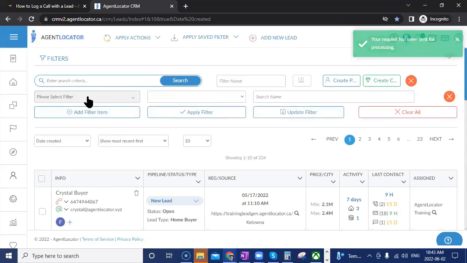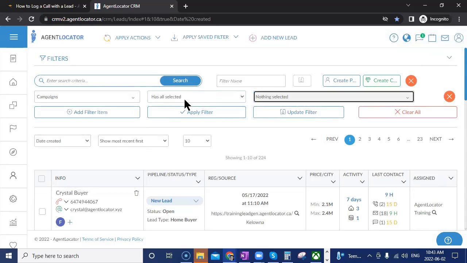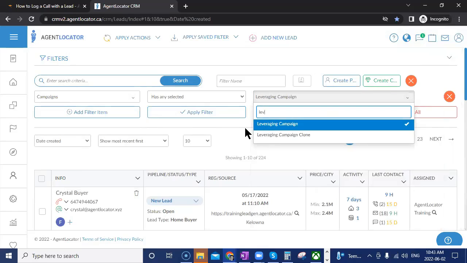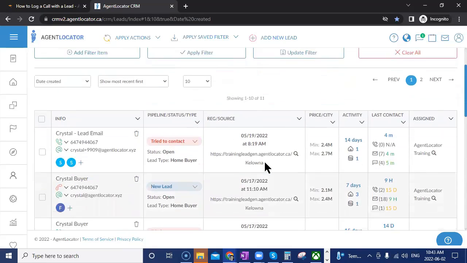I can add that filter item so we can see it. It's going to take a second because it goes through the whole process. But let's just see how many people are coming up. So has any selected. We now have 11. So we already had one that was on that campaign, and now we have 10 more that are currently on